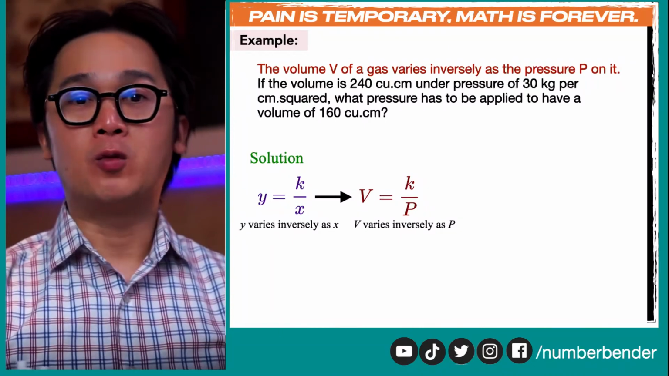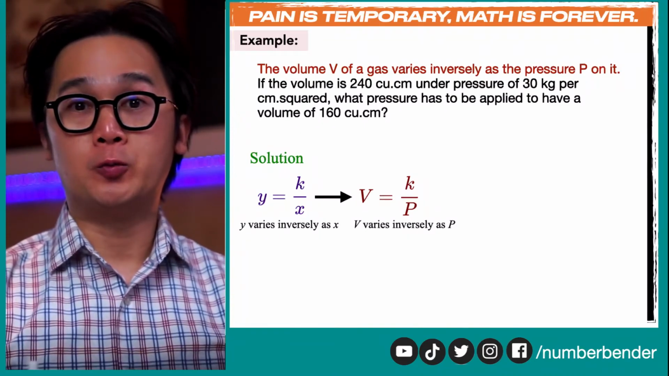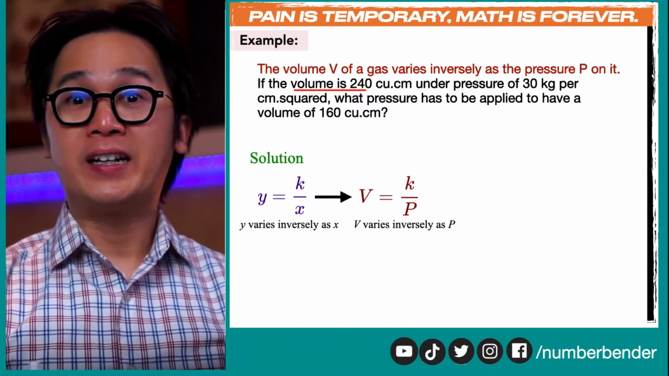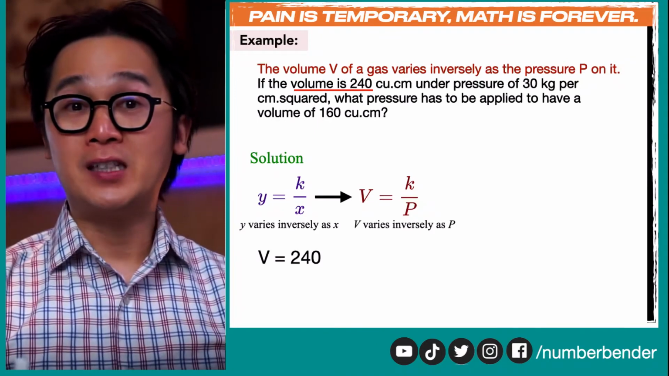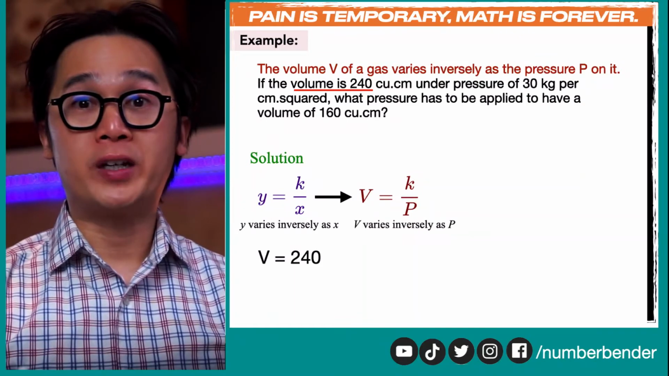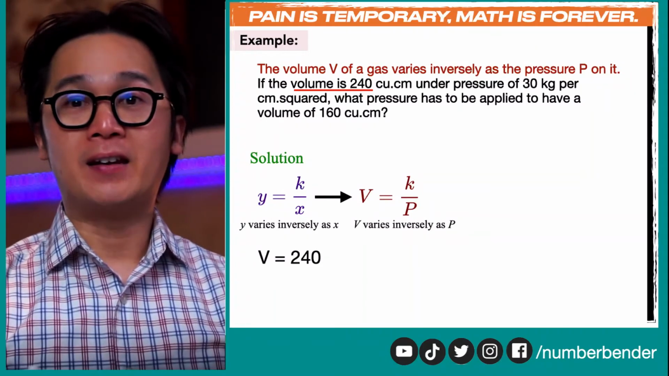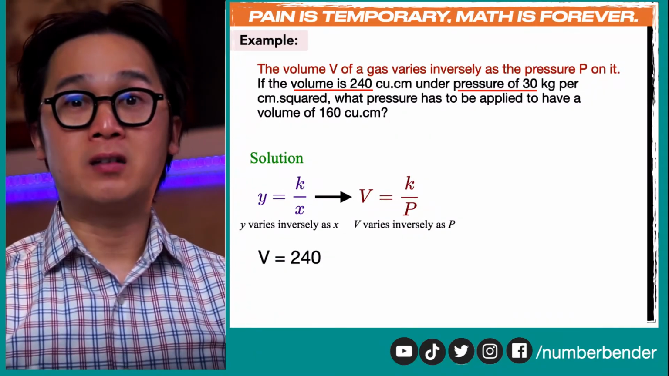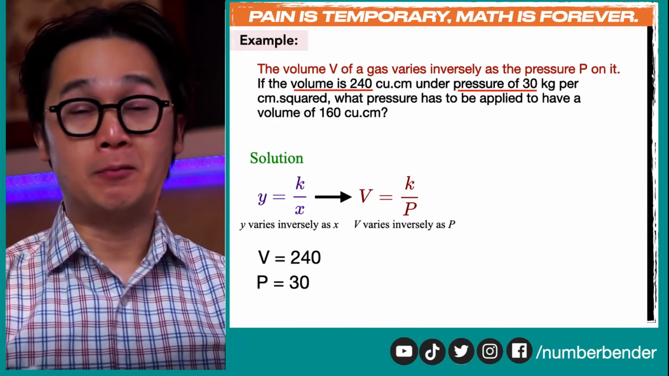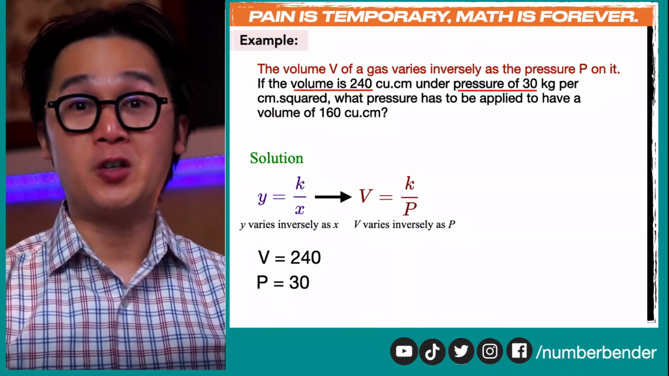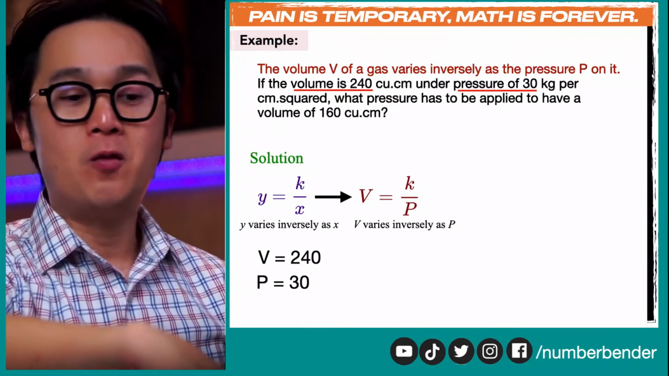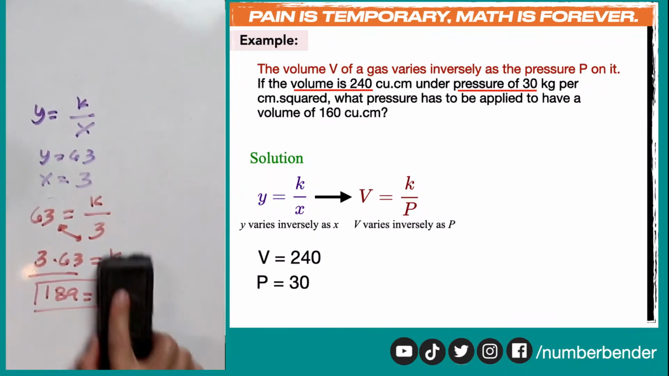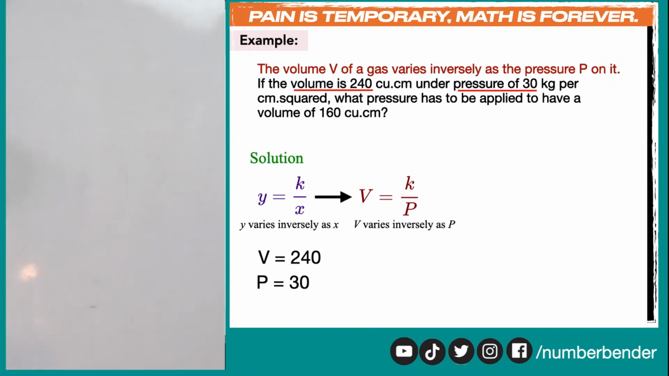And now that we have our formula specific to this problem, we are given in the second part of the statement the volume of this particular equipment, which is 240 cubic centimeters, and the pressure of 30 kilograms per centimeter squared. I'm just dropping the unit of measurement so I can focus on the numerical value that I will be using, so that now I can use my formula to solve for the constant of variation K specific to this